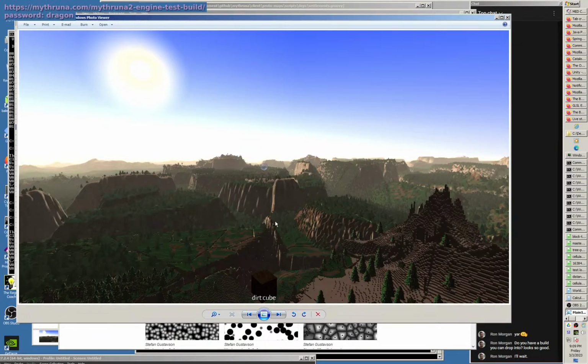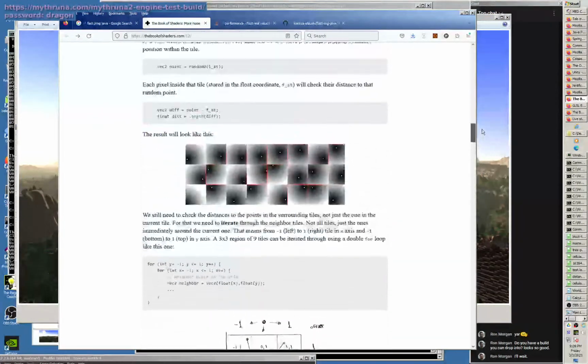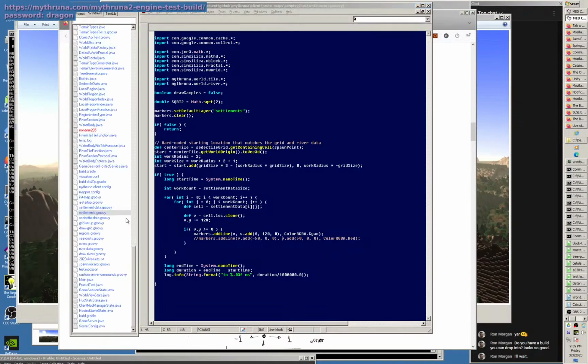So it was a significant expense to calculate all these. I spent some part of the week diving into what was making it slow. It turned out to be the random number generation for those cells. I'll go back up here, it turned out to be this random2. And let me jump over to,